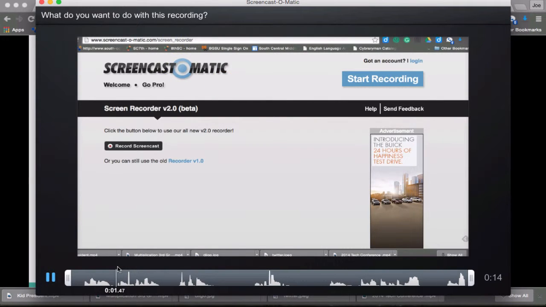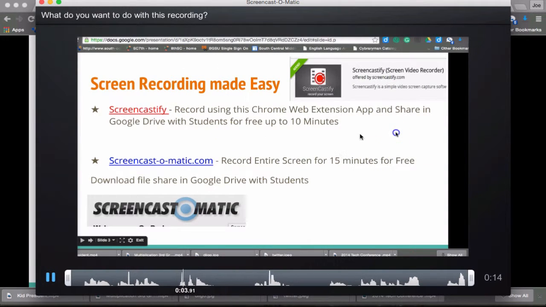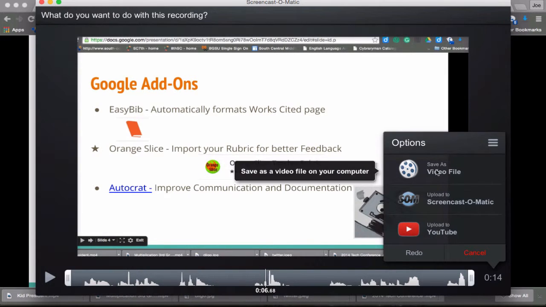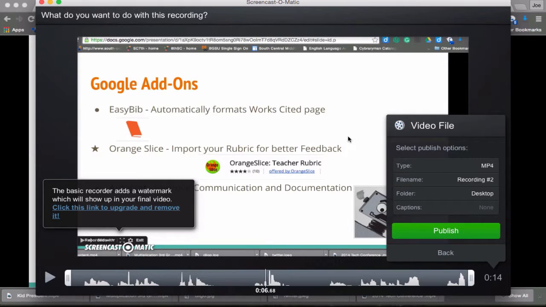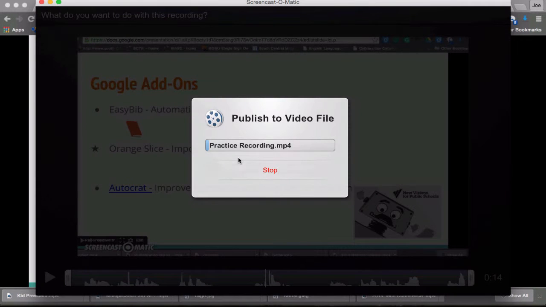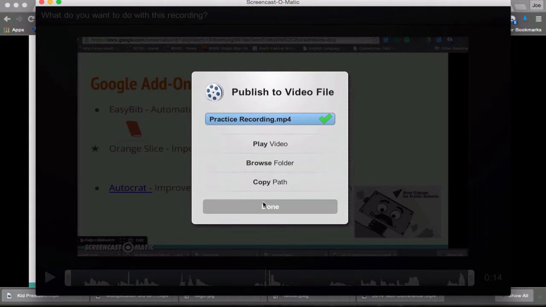I'm going to go to my presentation. You see the yellows when you click things. Show me where my mouse is. Once I'm on the screen, I could upload to YouTube. I could upload it to Screencast-o-matic, but I'm going to save it to a file because maybe you don't have a YouTube channel, and I'm going to publish it, but I need to name it. I'm just going to name it Practice Recording and hit publish. And it's going to publish it right to my desktop,